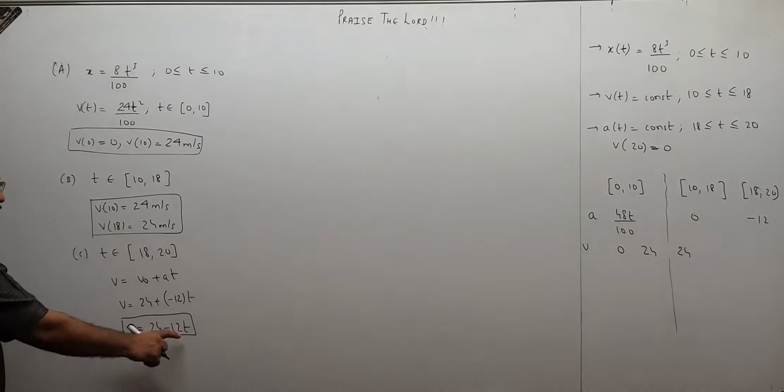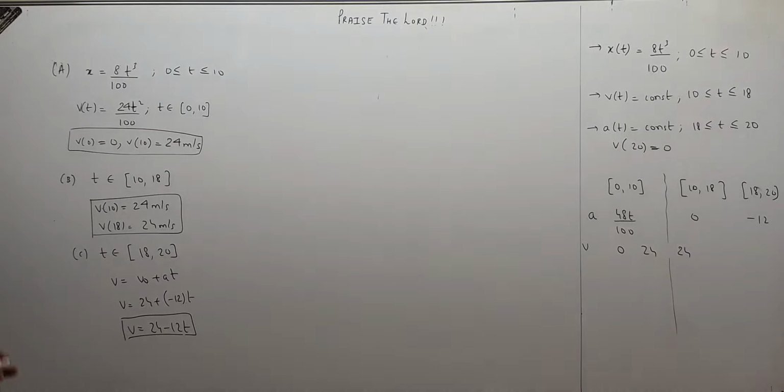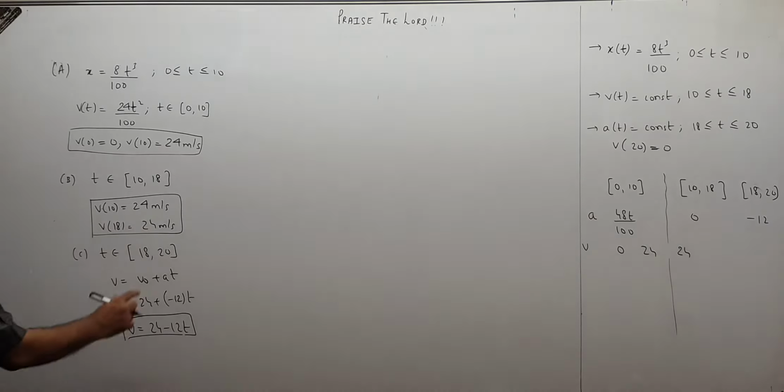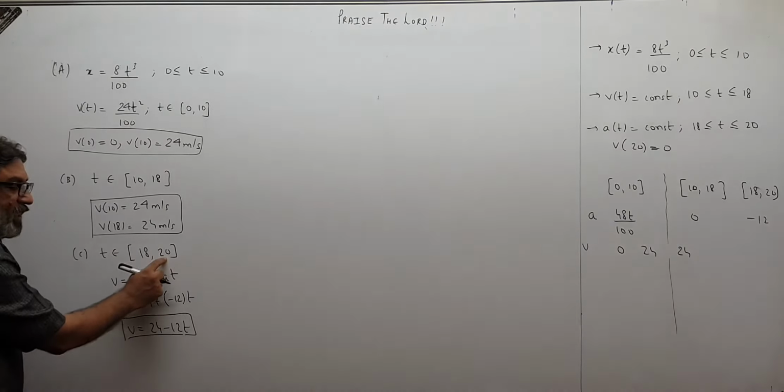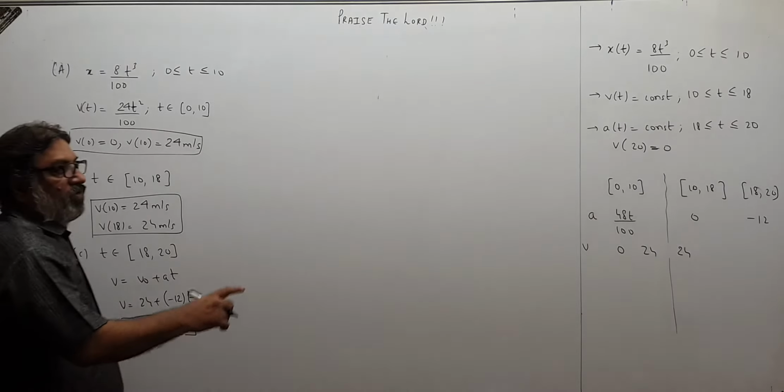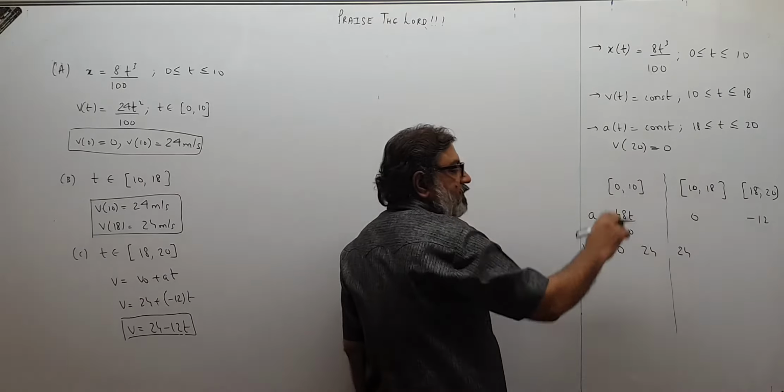So V is 24 minus 20, children, and now if you put t as 2 seconds, because t means time interval, please remember. T does not mean instantaneous time, it is a time interval. In this much time, the interval is 2 seconds. If you put t as 2, 24 minus 24 will become 0, and the final velocity is 0, it is told to me at the 20th second.